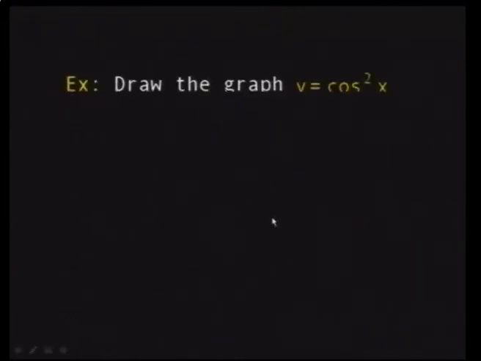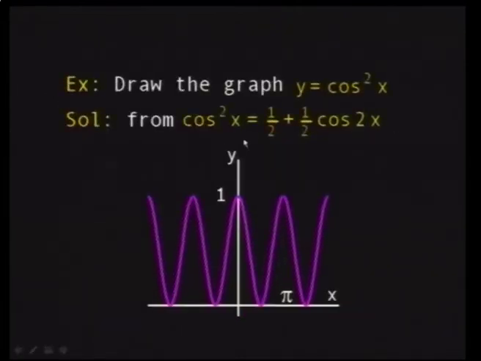So it's not complicated. Sometimes you need, for example, to draw the graph of cosine square x. Well, you have 2 possibilities. Either you draw the graph of cosine x and then you square it, or better, you can substitute cosine square x by half plus half cosine 2x. Here, cosine 2x is the same curve like the cosine, except that the frequency has been doubled. And we saw before that when you have y added up half, then you raise the graph by half. So this is the way. You have to find easy ways of